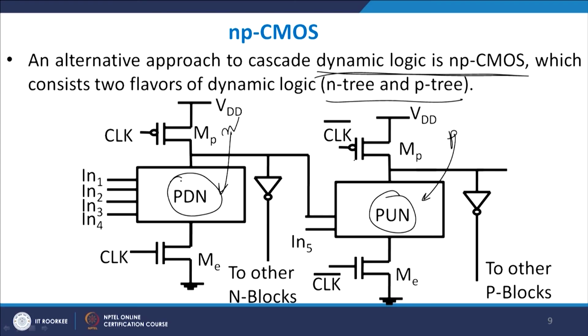It has its own advantages, but generally NP-CMOS logic is not used, because PMOS mobility is typically very small. So, the delay is relatively very large in case of PMOS, and therefore, though your NMOS will have a smaller delay, you will face a problem of latency when you come to the second figure, which is this PUN figure. There will be a problem in terms of latency, where the signal has to wait a certain period of time in order to do certain job, and that is the problem area of NP logic.